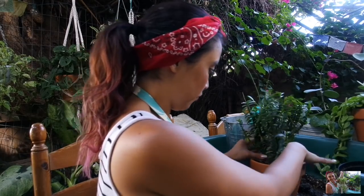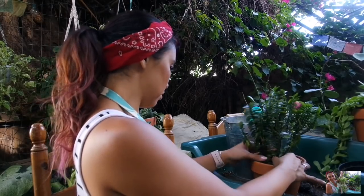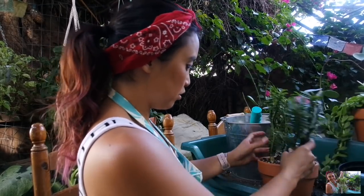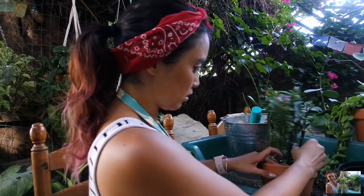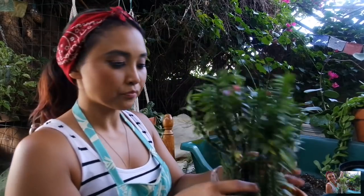And then give it some soil on the top. I think this looks good. Definitely don't want it to have too much space around it. I want it kind of nice and compact here. And then once I get it into placement,